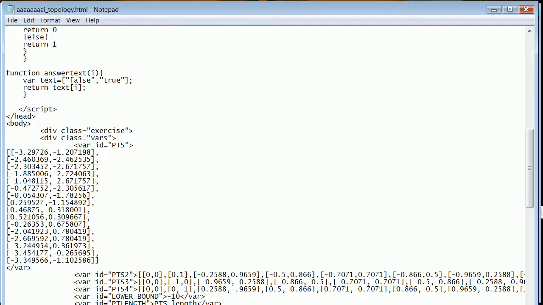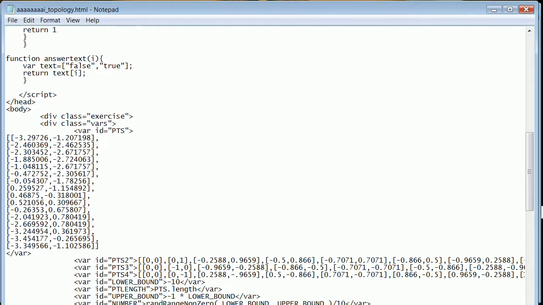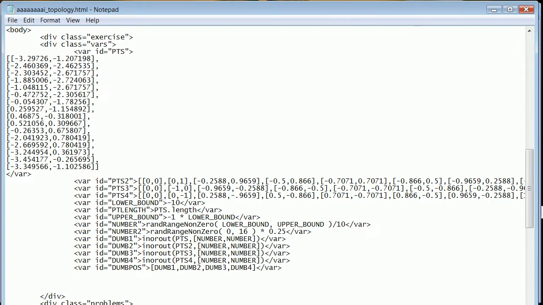You define the exercise, you define the variables, and here you start to see those points that we're defining that shape. At least one of them, I've got three different shapes kind of defined here. So points, points 2, points 3. So these are variables defined with different names. And we're going to go now through to look at